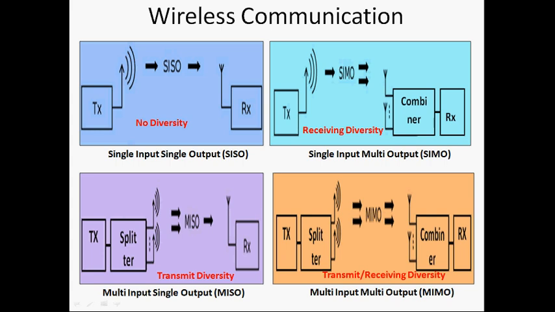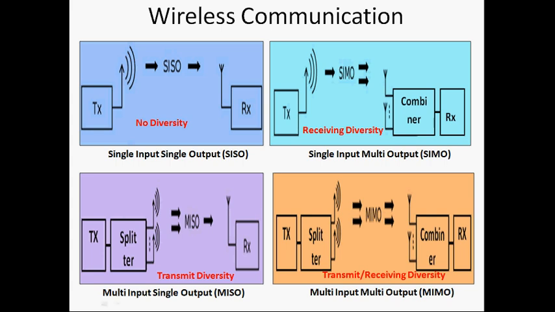And the next variety of wireless communication system is multiple input single output. In this multiple input single output, only the diversity is possible at the transmit side. Why? Because it has multiple transmitter antennas, only single receiver antenna. But here when you are using MIMO type system in wireless communication, it is going to have multiple transmitter antennas and multiple receiver antennas. That's why parallel data streaming, that is diversity, is possible at the transmit as well as the receiving side.